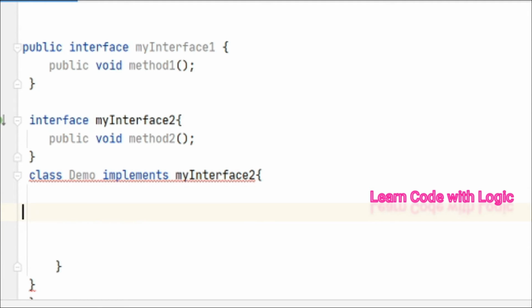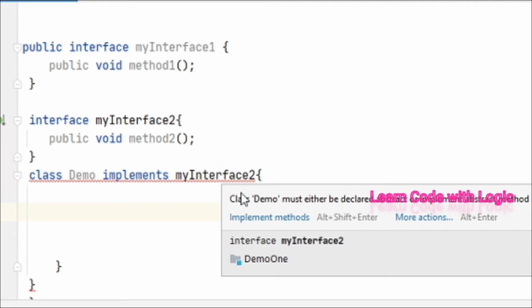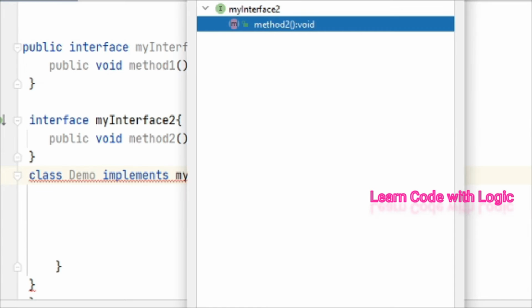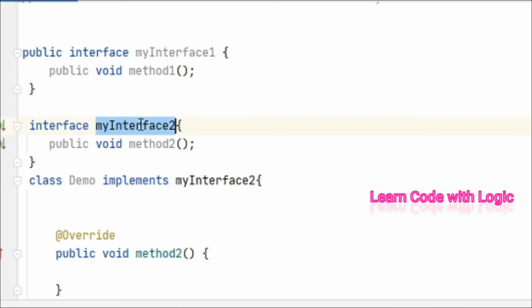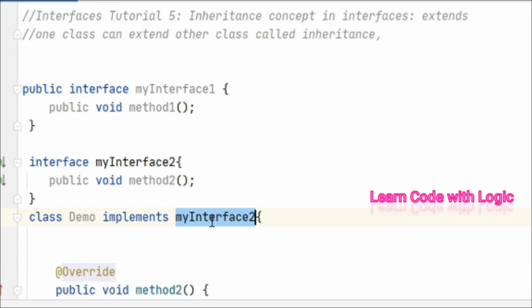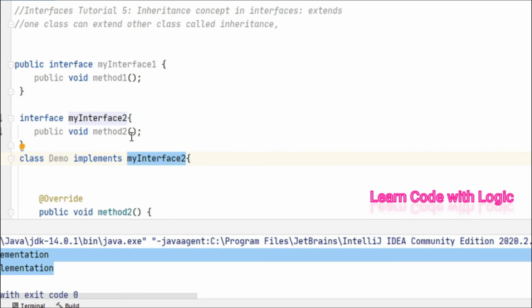Remove this one, and it only implements method 2, which is in my interface 2. This one is also pretty straightforward. Our target is that we have to implement only one interface, and through that interface, you can access all the methods. Is it tricky? No, not at all. I already gave a clue.